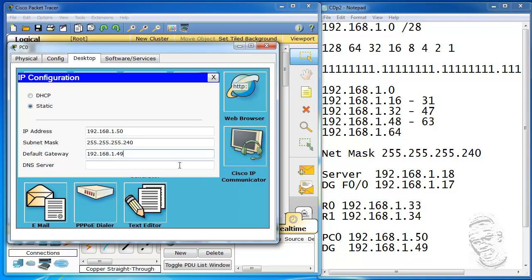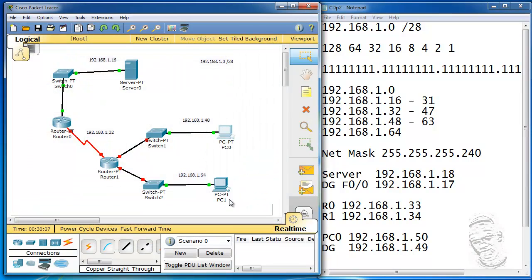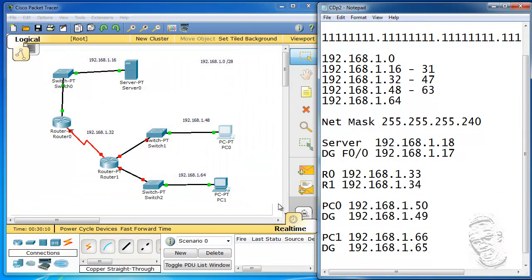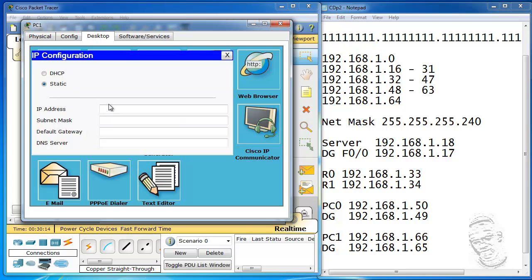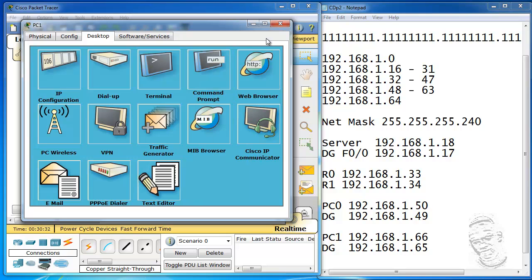Alright? And PC2, its IP address will be 192.168.1.66. The net mask of 240, and the default gateway will be 65. Alright,